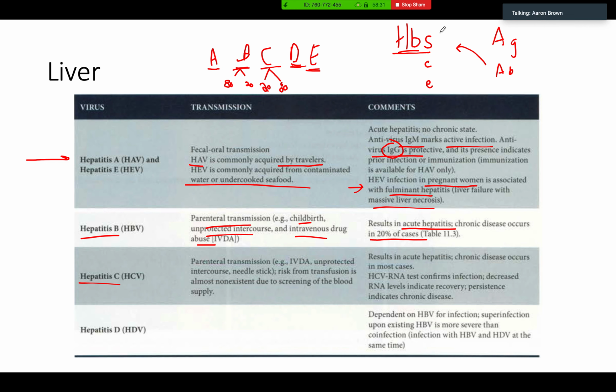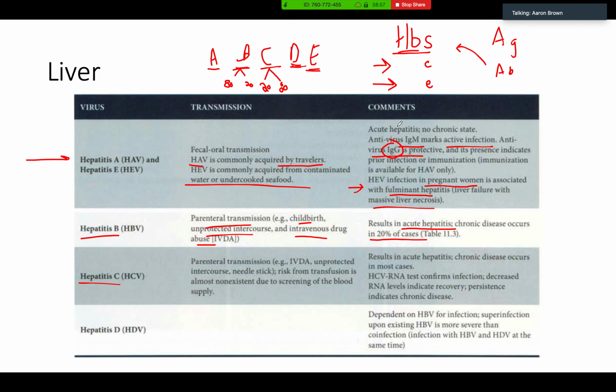Yes, they are immune. That is universal. If you see antibody, they are immune to hepatitis B, right? However, you don't know whether they're immune because they were infected before or because they had the vaccine, right? Good. So if you want to know that, you need to look at one of these other